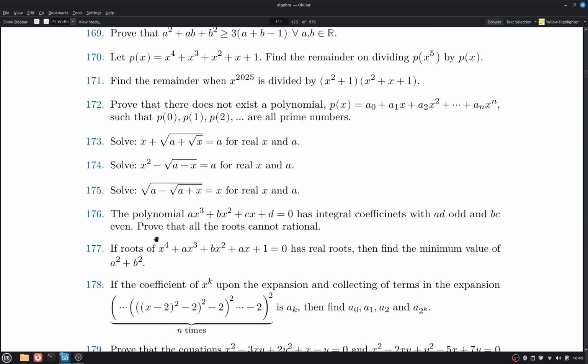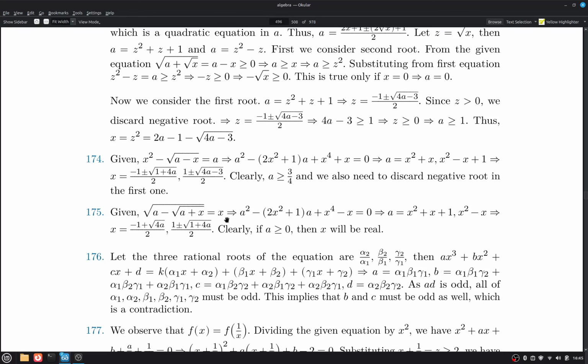Question 176 says that the polynomial ax cube plus bx square plus cx plus d is equal to 0 has integral coefficients, ad odd and bc even. Prove that all the roots cannot be rational. So we let the rational roots of the equation be alpha 2 by alpha 1, beta 2 by beta 1 and gamma 2 by gamma 1. We put these roots into the equation and write it in the product form. So the equation can be written as k into (a1x plus alpha 2)(b1x plus beta 2)(gamma 1x plus gamma